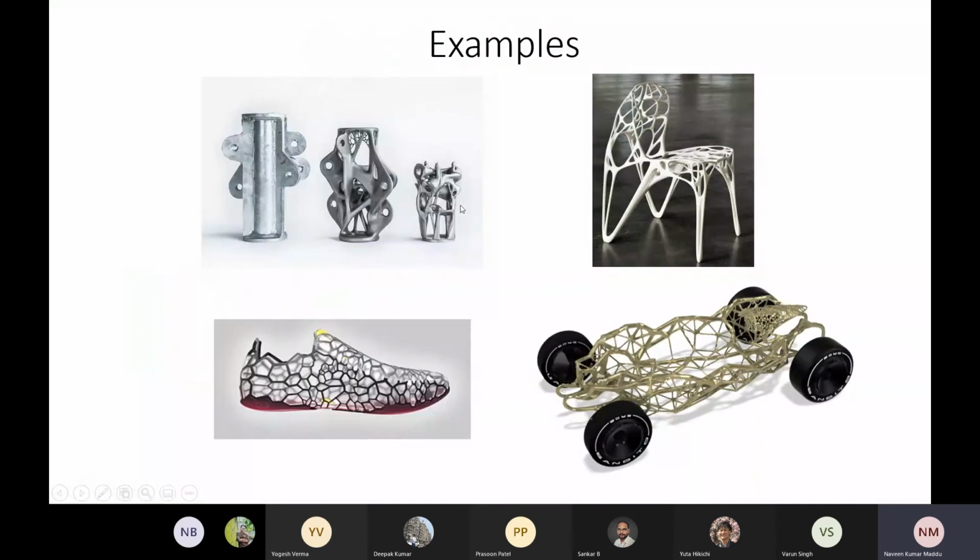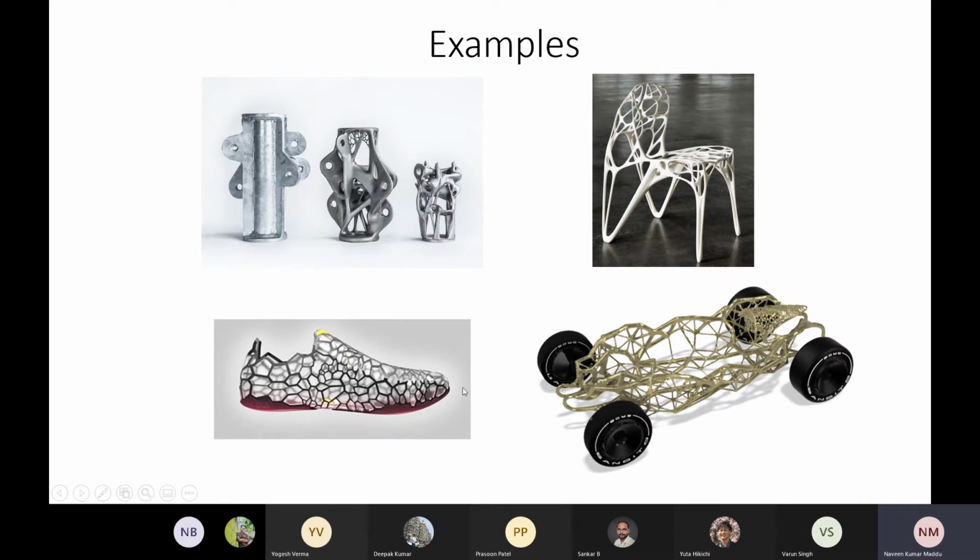Okay, so these are very complicated examples we can see. So this is the example that we have seen, and this is a chair. So see, this chair is meant for something. Maybe it's for a person, and aesthetically also it's good, and with the minimal material, I think it can withstand a person who is having more than 100 kgs. We don't know. So this is a crazy chair that has been generated by generative design.